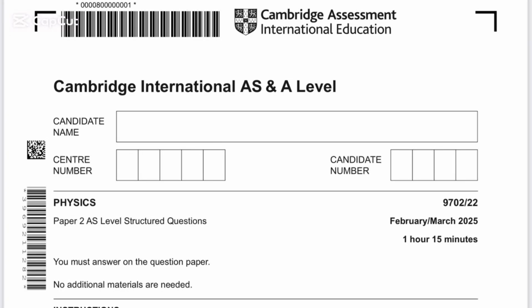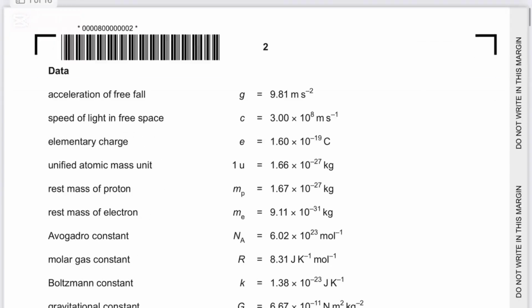Hi, let's solve Paper 2 Variant 2, February/March 2025, AS level physics. Question